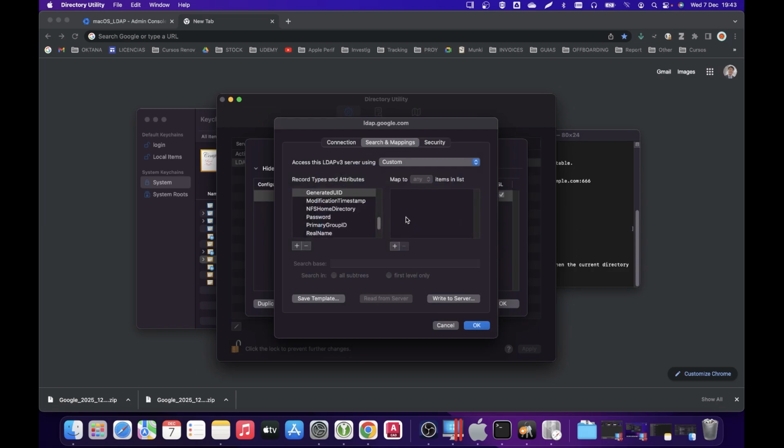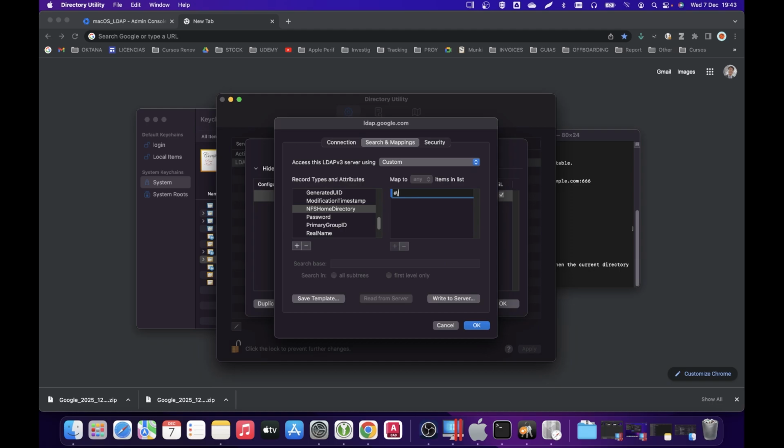Click on OK, and on the right pane, let's click on the add button, and let's insert the following string: apple dash generated user ID. Perfect. And after that, we have to edit this attribute as follows: